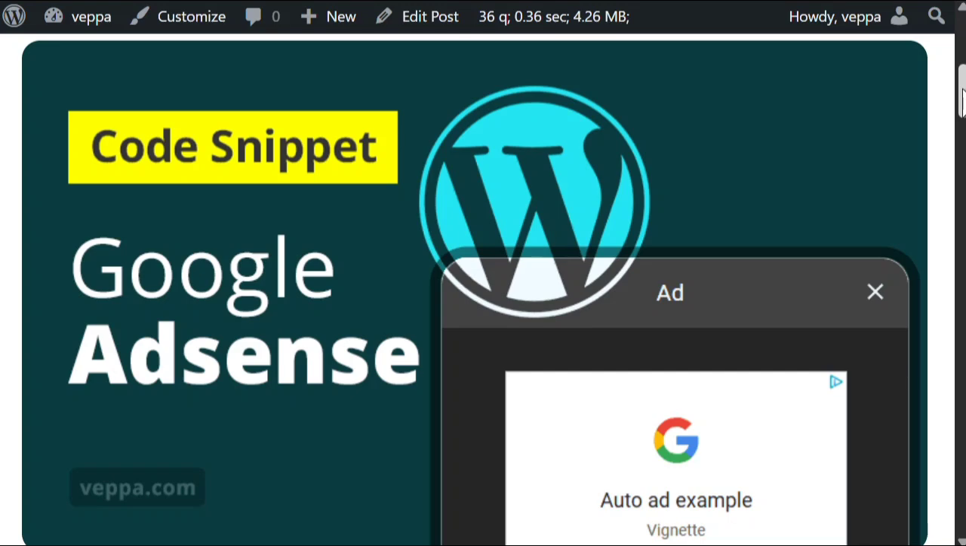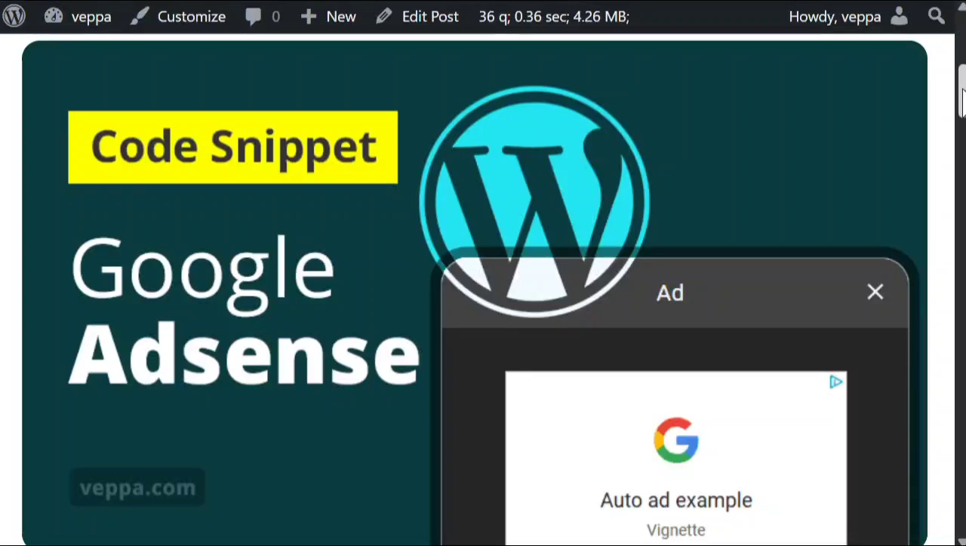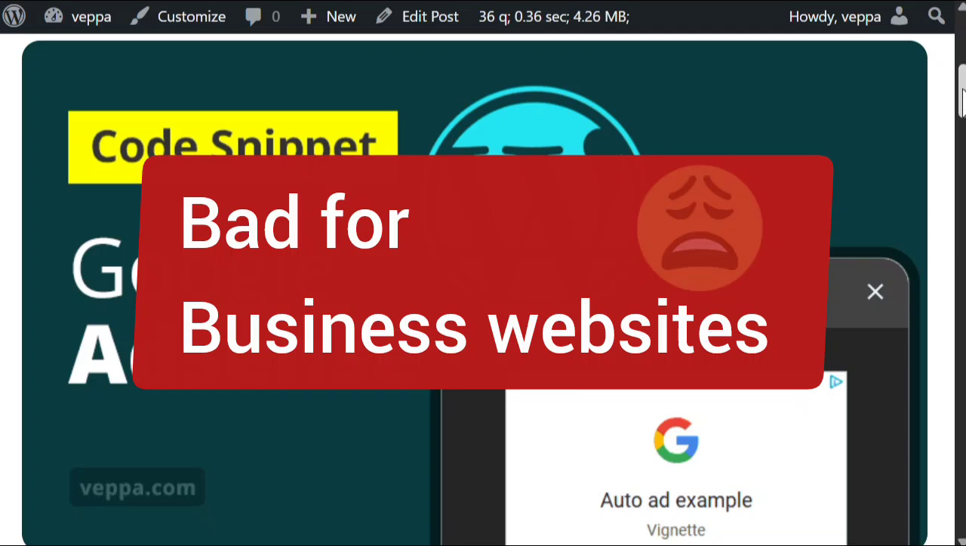And if you are not directly selling any products on your website and offering free content, for example, free images, free software, free games, maybe free ads, classified ads, etc., then you can monetize your WordPress or your website with Google AdSense. It's an additional monetization,